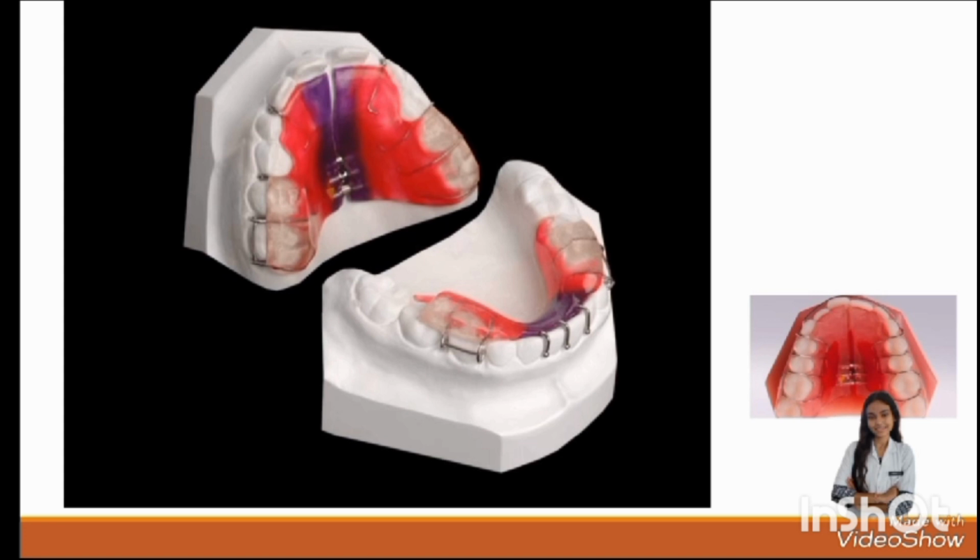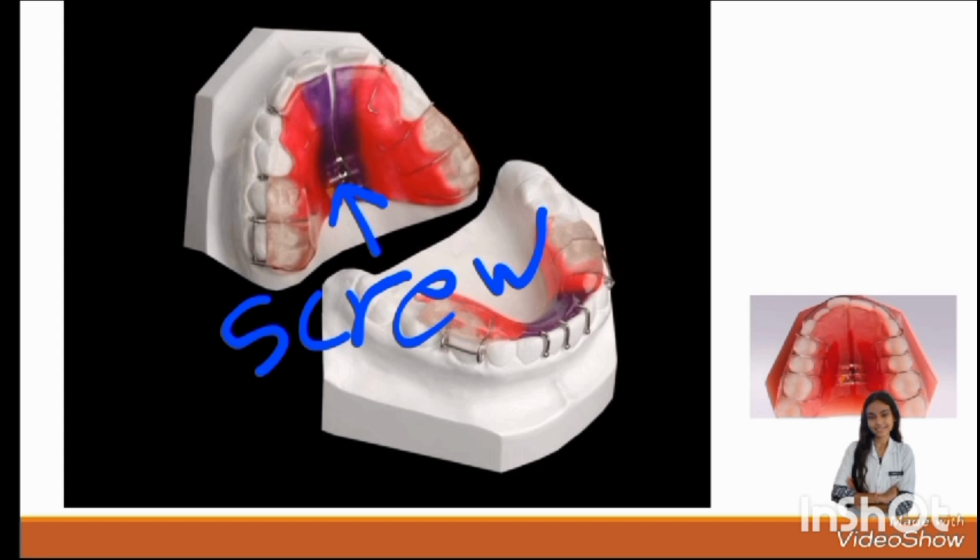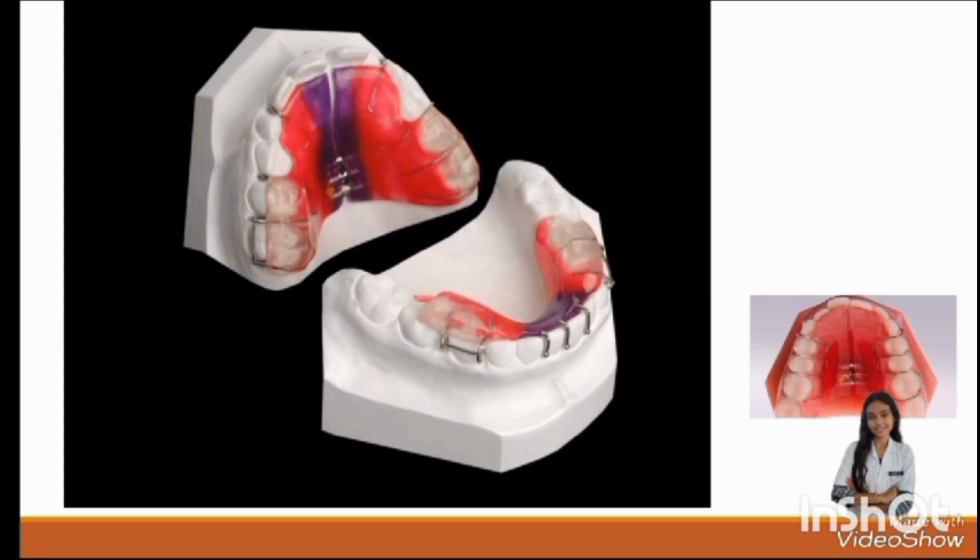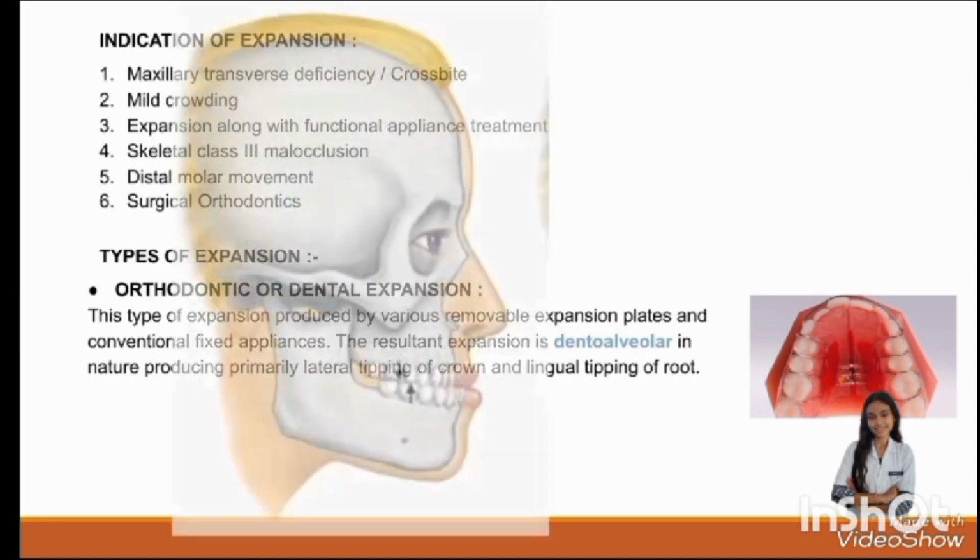The amount of expansion required can be estimated by asking the patient to move the mandible forward and bite in an edge to edge position and noticing the size of the transverse discrepancy that develops in the buccal segments. Examples of functional appliances that can produce expansion include twin block appliances with expansion screw, functional regulator appliances of Frankel, and other functional appliances that incorporate a buccal shield.